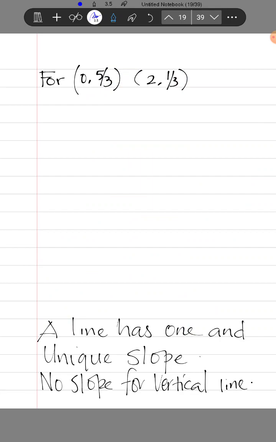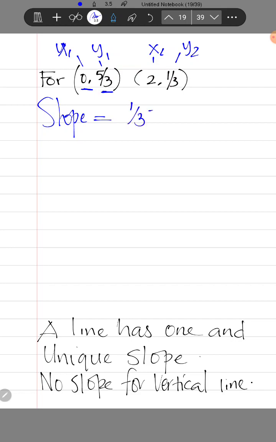So let's do some more examples, which is a continuation of the previous lesson as well. Then we calculate the slope. Slope is rise divided by run. Here you have x2, y2. Here you have x1, y1. The first one is the x value. The second one is the y value. So 1/3 minus 5/3, which is y2 minus y1, divided by 2 minus 0, which is equal to